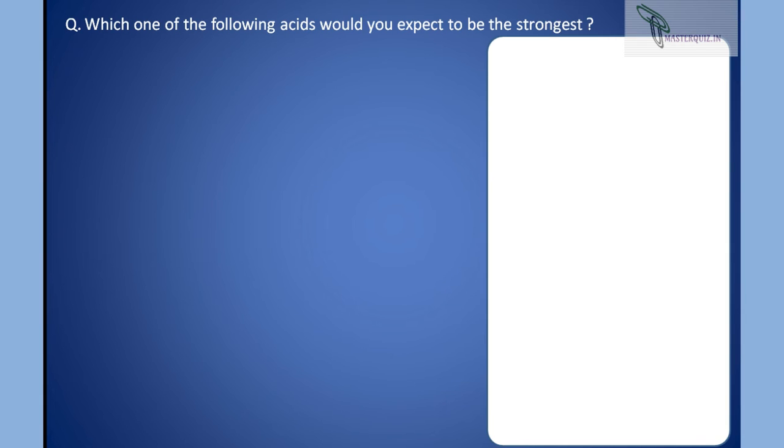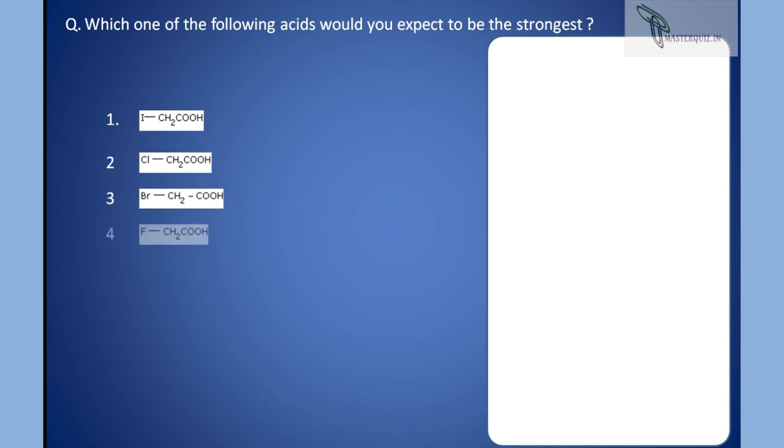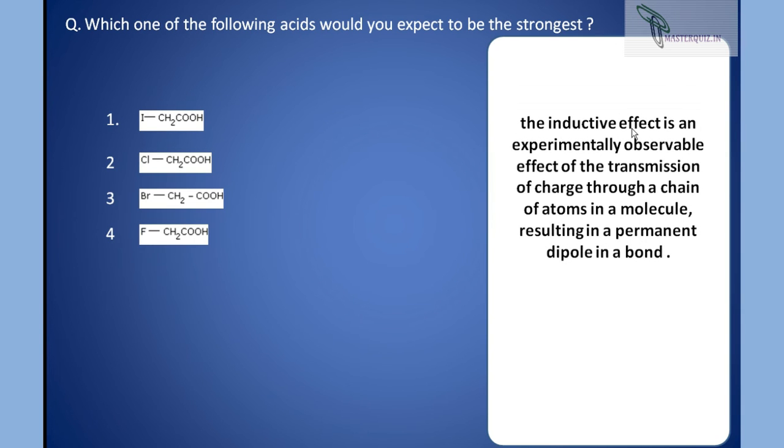Which one of the following acids would you expect to be the strongest acid? It is iodine bonded with carboxylic acid, chlorine bonded with carboxylic acid, bromine bonded with carboxylic acid, and fluorine also bonded with carbon. That means halogens bonded with carboxylic acid compounds. So which one shows it? Before that, we just learn about the inductive effect, because this property depends upon